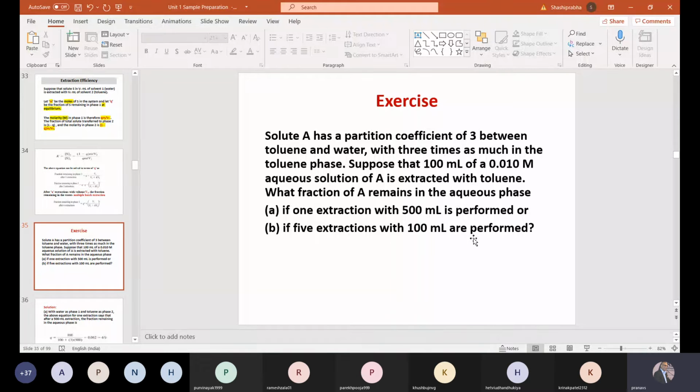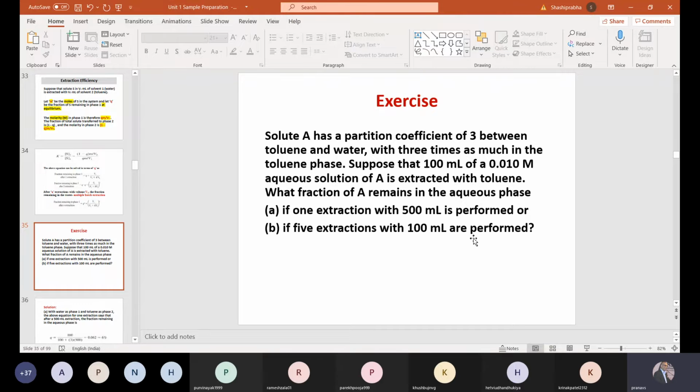I'm going a little slow in the beginning and I'm trying to repeat things just for the benefit of the students who were not present last time and who are new to this. But I think yes, this problem was done, and this problem essentially focuses on what we understood up till now, that what is the role of single extraction and what is the role of multiple extractions and how this impacts